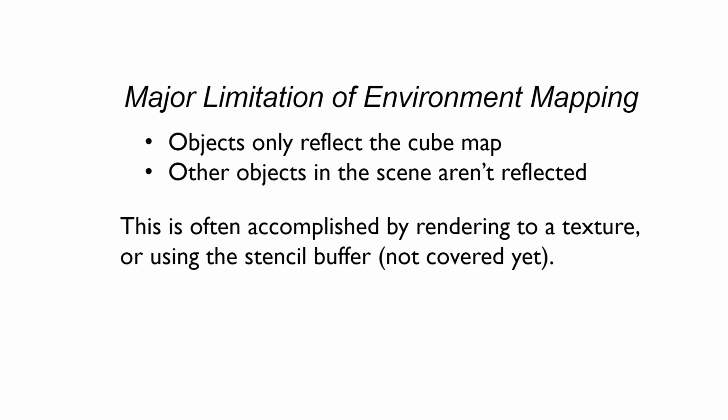There are ways around that, more sophisticated ways, where we can do things like render a scene to a texture so we know what things are in the scene, and then we can stencil those into our texture map, combining stencil buffers and the background texture and so on. So there are ways to actually do this, but for now we're doing the simple thing where we're just reflecting what's on the cube map.